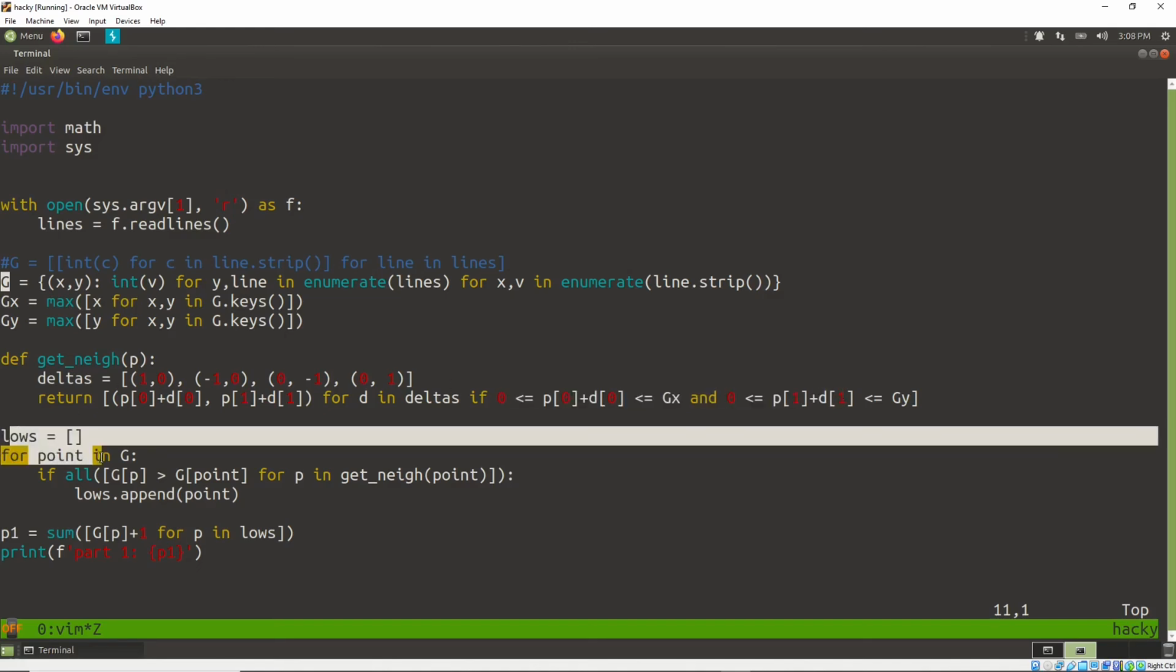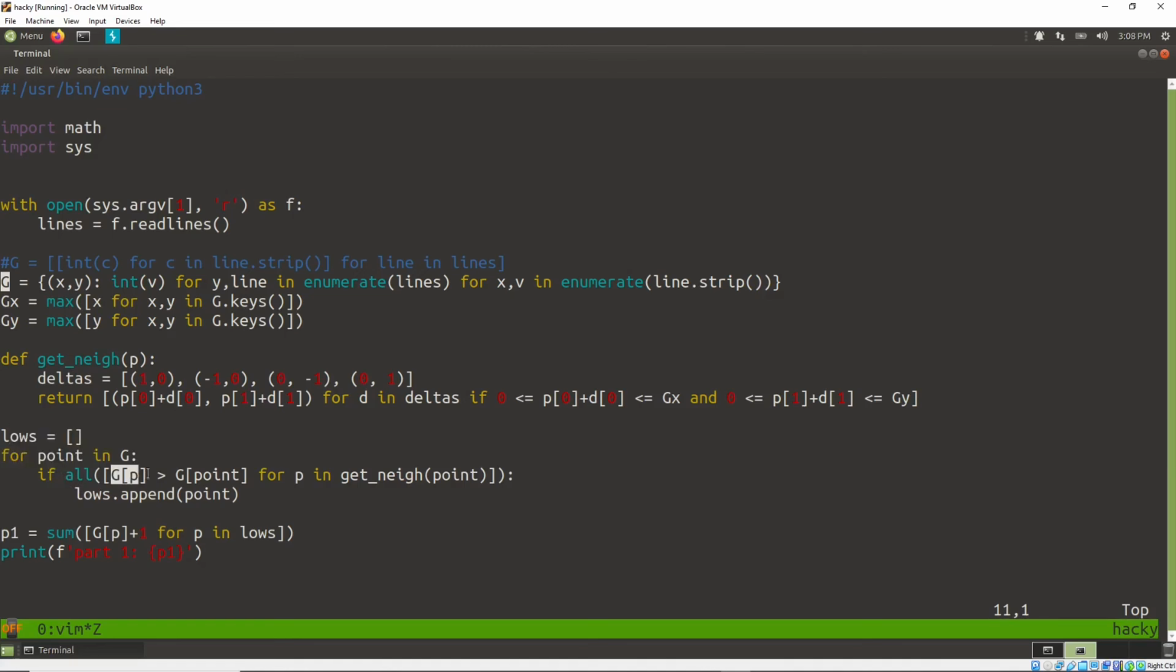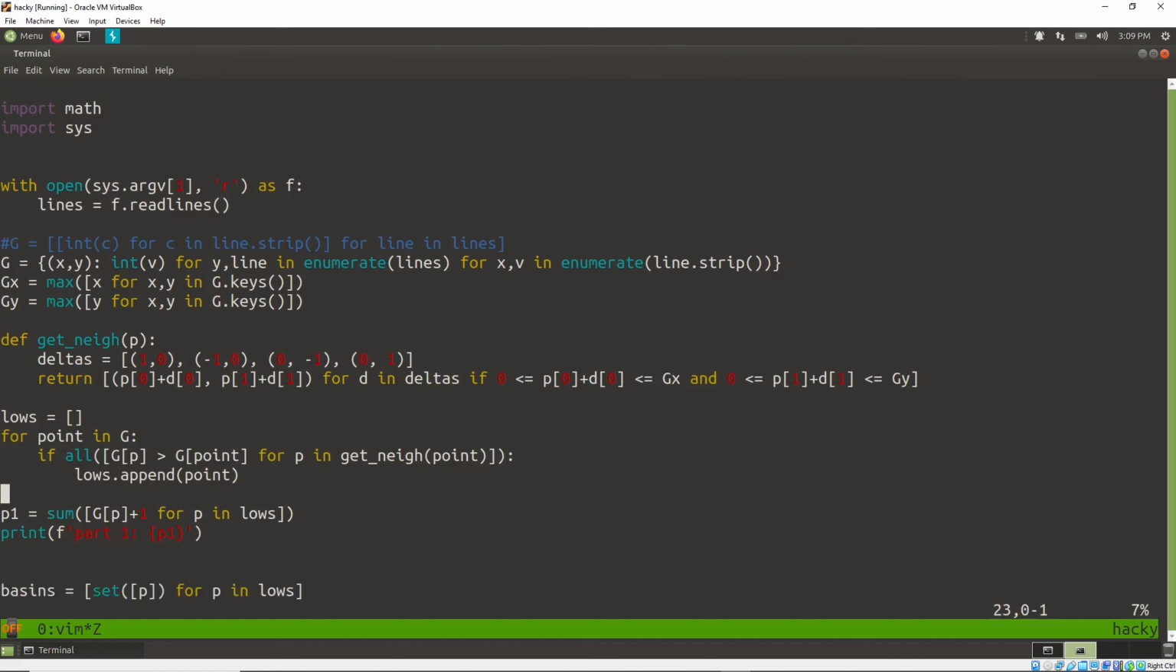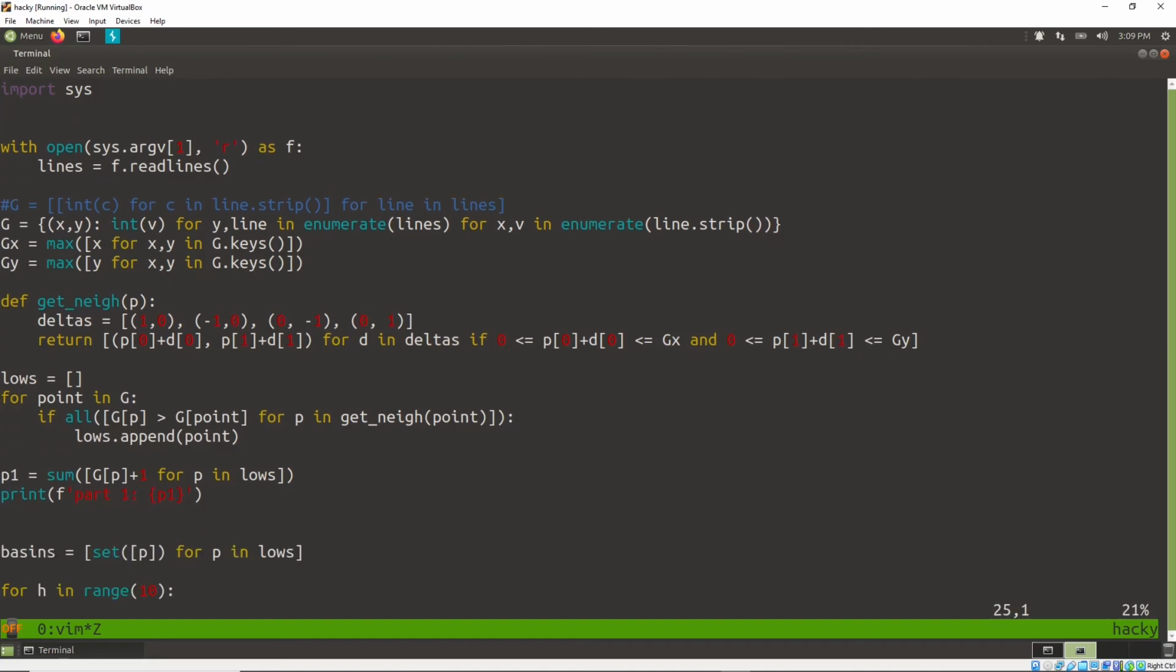Get the lows: I loop over each of the points in G, and I get the neighbors, and if all the neighbors are greater than the point itself, then it's a low, and I append it. Then I can print out the value they want, 1 plus the sum of those